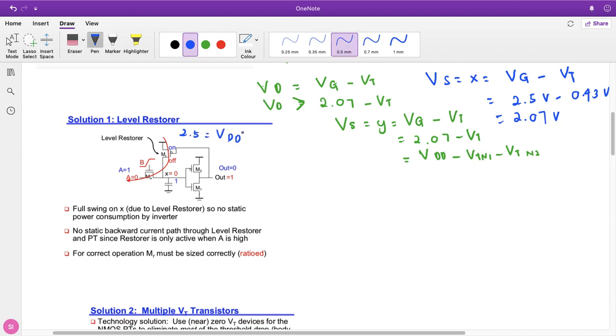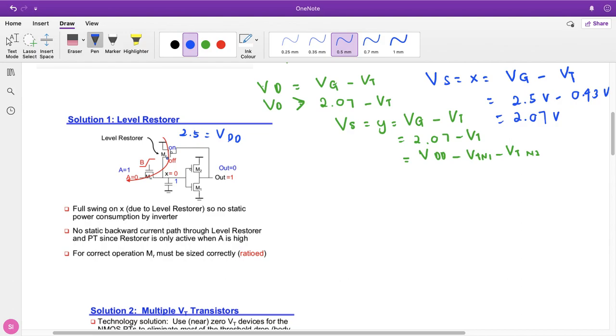You may refer to my video on a previous lecture regarding the level restorer. Therefore, the transistor MR being used as a level restorer must be sized correctly to make sure there's no static power consumption by the inverter,